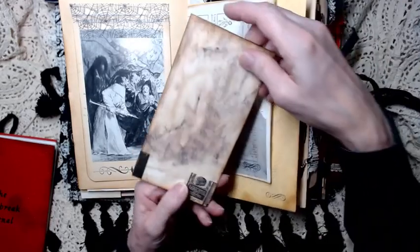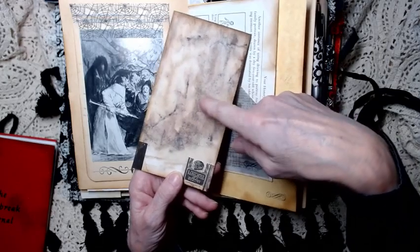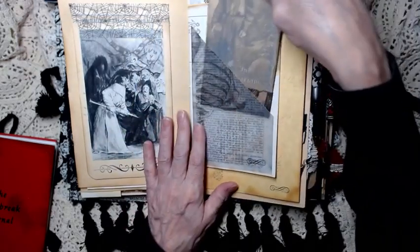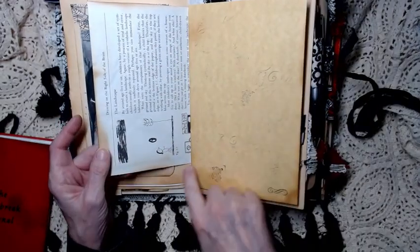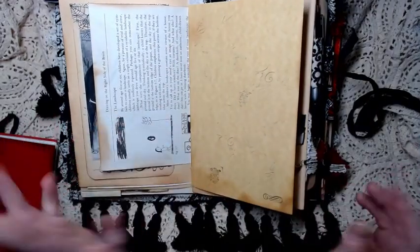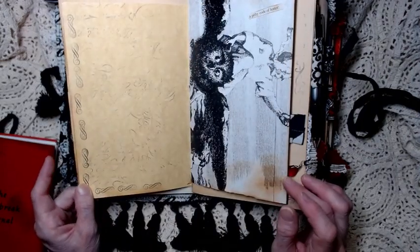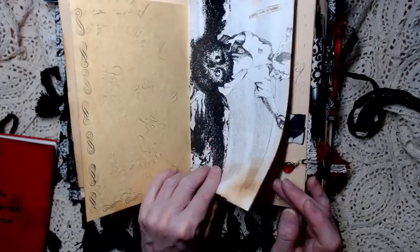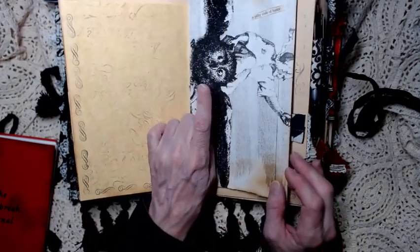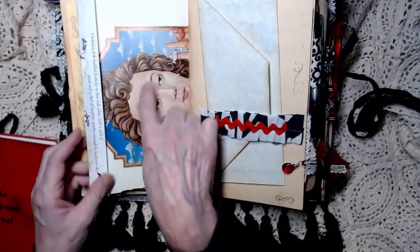Journaling card made with coffee stain paper with pigment added to it, watercolor pigment. And then this page is a page from an art book, but it had some really creepy drawings on it. I thought they were creepy a little bit. Cardstock. This is parchment cardstock. This is another page from the witch's. Oh, I'm sorry. That's from a book on astrology, I believe, because the other side of the page is about